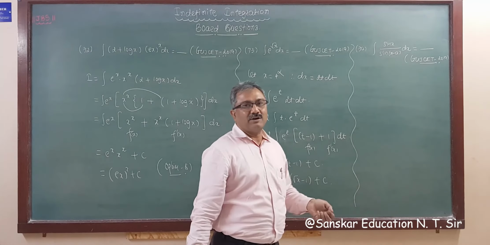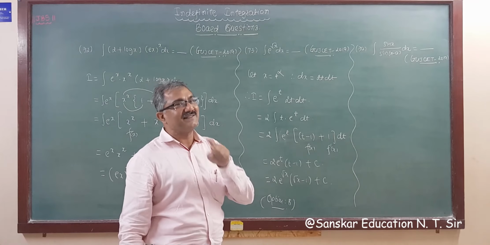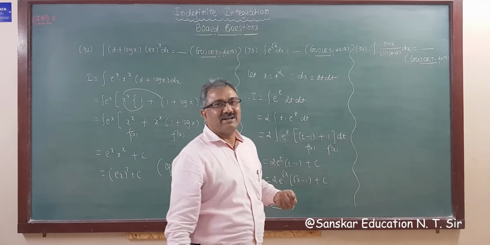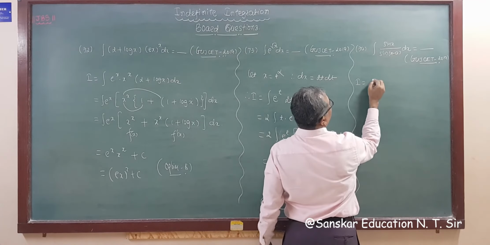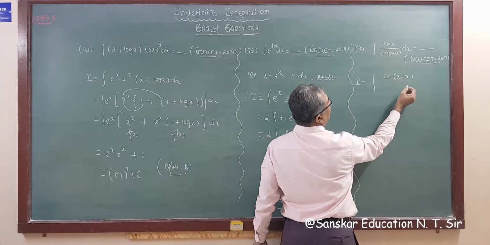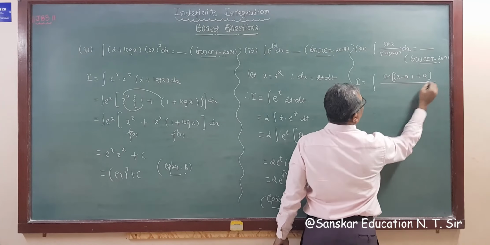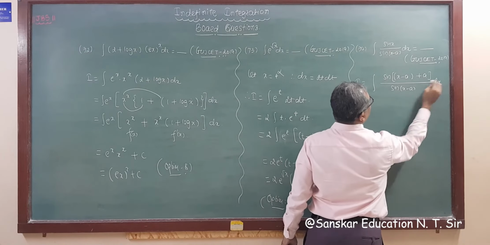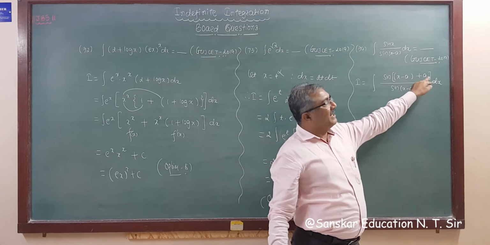And the last question of this, but not the least, okay, we have to solve another 80 questions, right? So integration of sin x upon sin x minus a dx. As you know, we have to adjust x minus a here. So I am adding and separating a, and writing sin of x minus a plus a, whole upon sin x minus a dx. Got it? Separating and adding a.